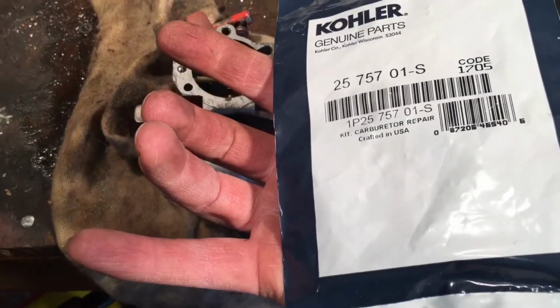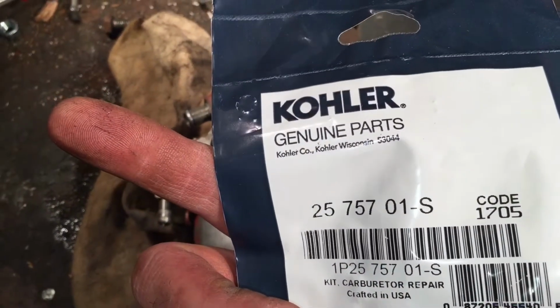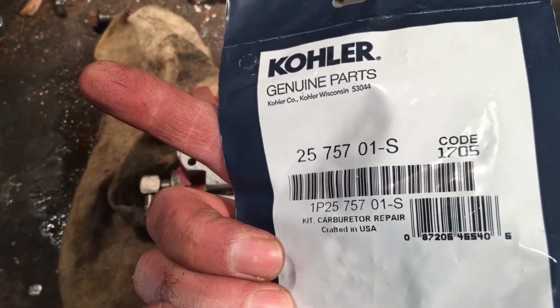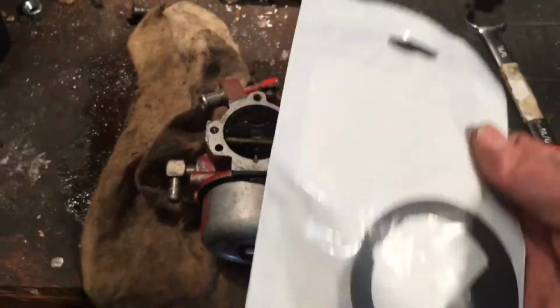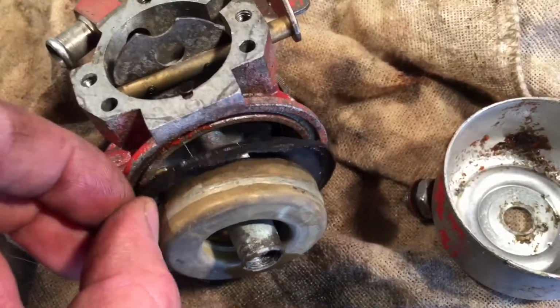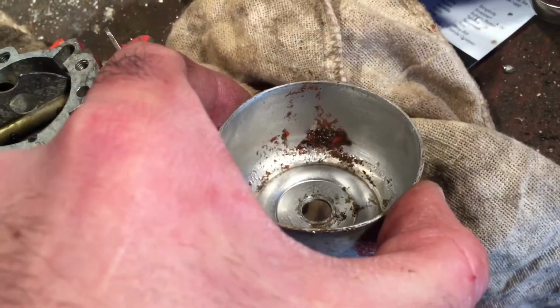So the part number is 257570-1-S. So let's open it up and see what we got. So I got it open. This gasket's a total wreck, so that's got to go. But yeah, definitely got the crystals and crud in there. So I'm going to spray that out with carb cleaner and